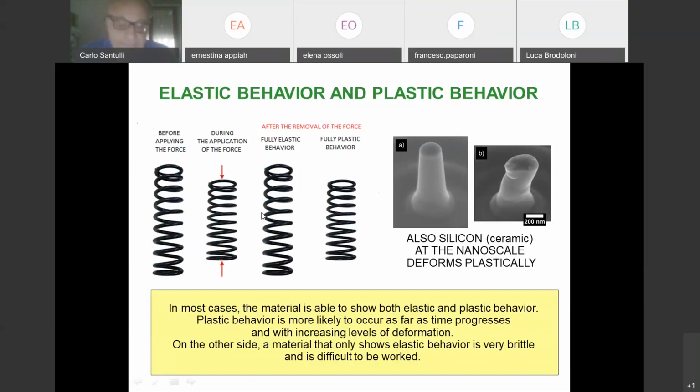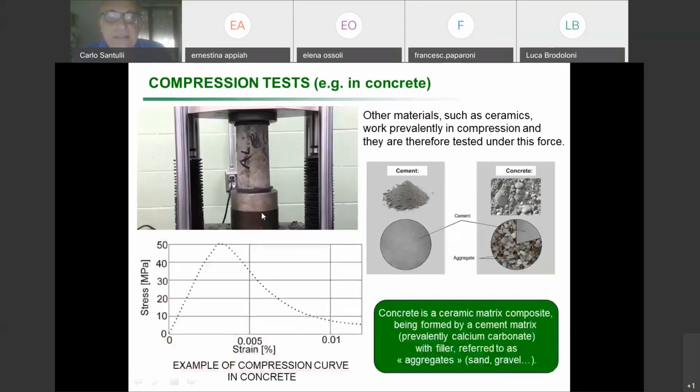Okay, compression tests instead. Compression tests are for concrete. Concrete, as you may remember, well, the difference between concrete and cement is that cement is just a ceramic which doesn't include some fillers, which we call aggregates. In practice, the problem with cement is that it tends to flow. In fact, it is applied just as a junction between two concrete parts, two bricks and so on. It tends to flow,